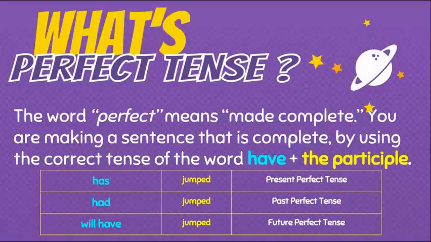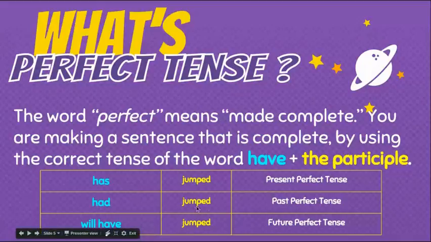If you look down at this chart, you're going to see the verb is over here, jumped, and I have the correct tense, which is has, had, or will have. So over here you have, once again, the correct tense of the word have, and you have the participle, which is a verb,